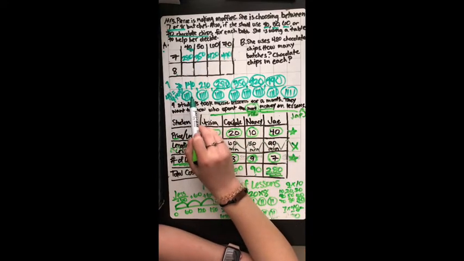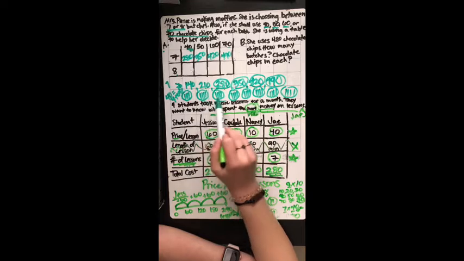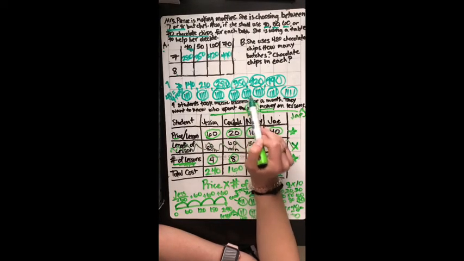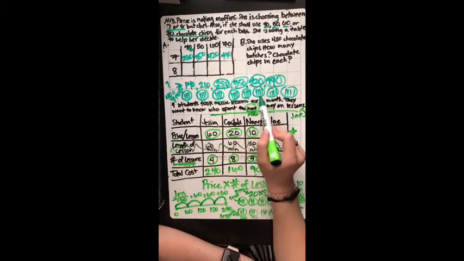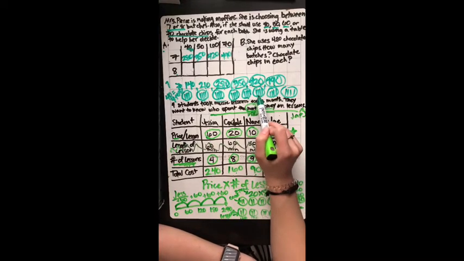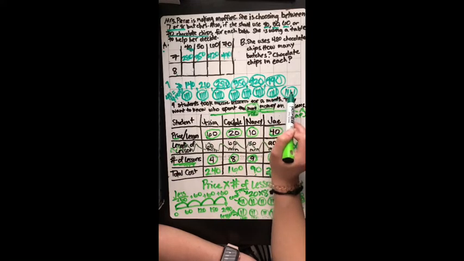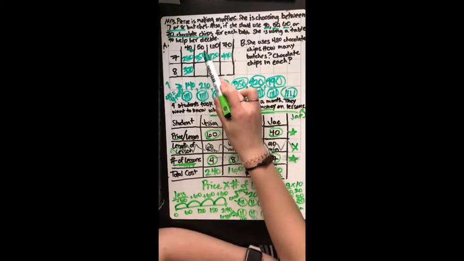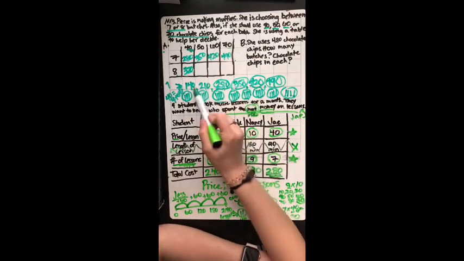10, 20, 30, 40, 50, 60, 70, 80, 90, 100, 110, 120, 130, 140, 150, 160, 170, 180, 190, 200, 210, 220, 230, 240, 250, 260, 270, 280, 290, 300, 310, 320. Boom. So to find out my 5s, I could do the same thing and add a 10s more and recount,